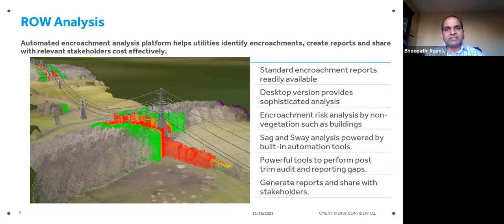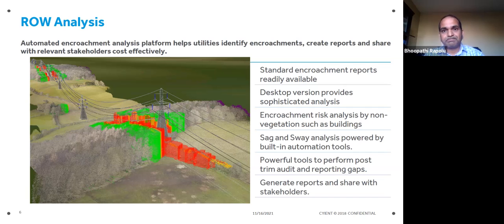So when the digital twin is ready, building applications on top of it becomes far easier. Applications such as vegetation encroachment analysis, sag sway analysis, PLS CAD modeling, and even asset identification. For example, identifying the poles and their uprightness, whether a pole is leaning or upright, or a specific individual attachment such as insulators, transformers, enclosures can be identified, enumerated, and we can even detect the condition of those assets, which I'm going to demonstrate in our